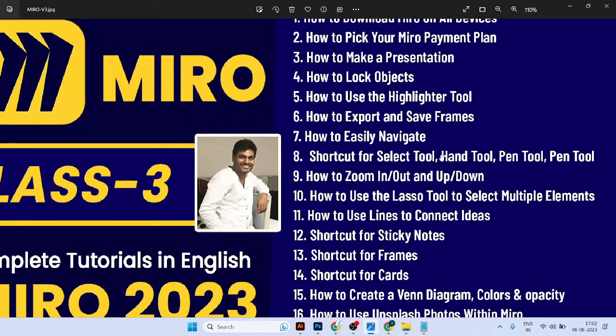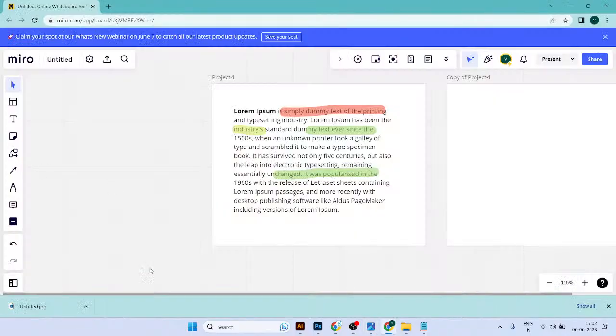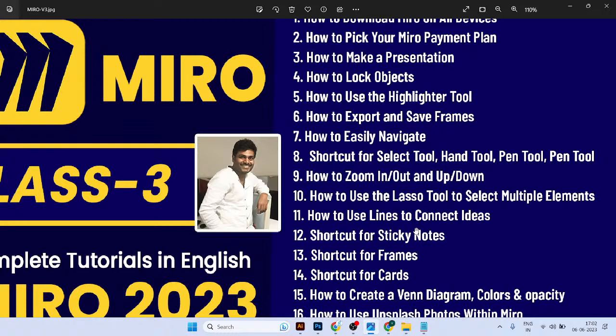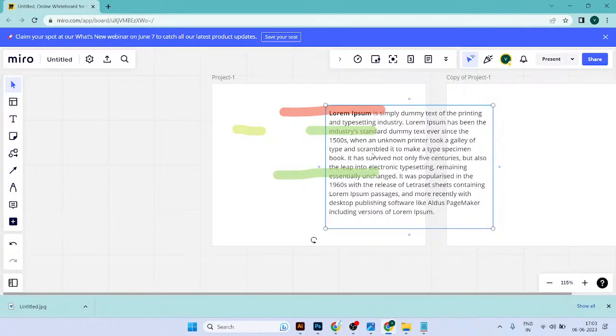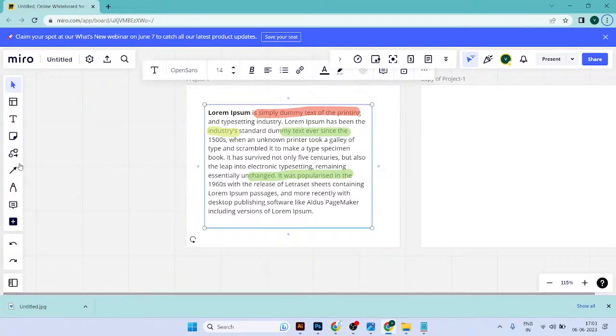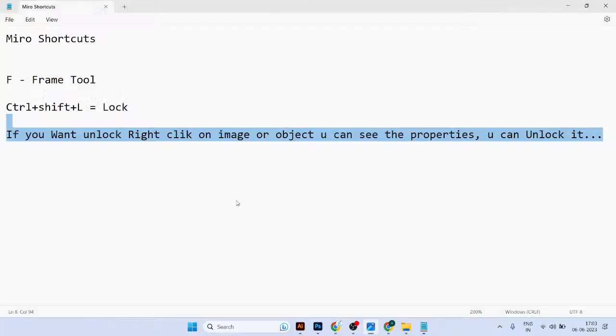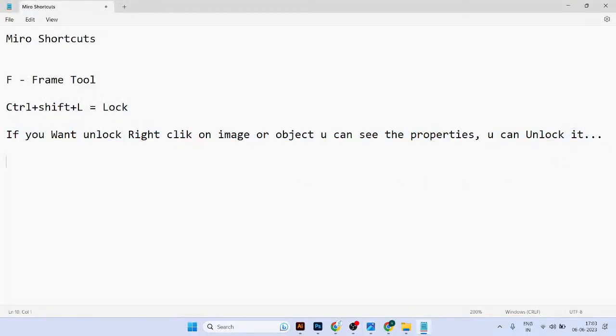Okay, shortcuts for select tool, hand tool, pen tool and pen tools. Already we have the selections. Zoom in, zoom out, it's completed. Select tool, already this is the selection. Now you can select this one, you can select it and you can move it. Make this one a pen tool, and the pen tool shortcut is P. P for pen tool,